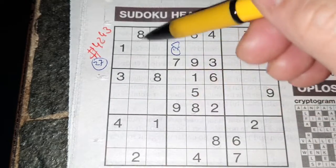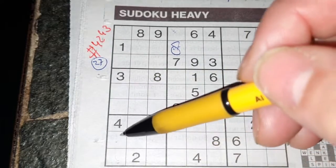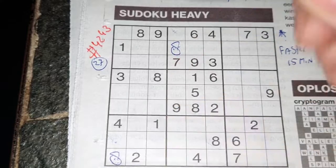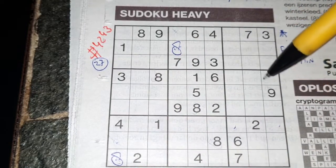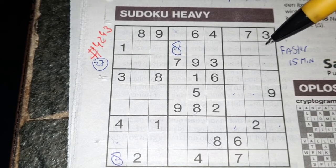8 in the third column, 8 in the second column. So the first column, no, need 2 places left for the 8 should be here or there. We see then 8, no 8 there, 8 should be there. Well, I cannot continue with the 8. I need more